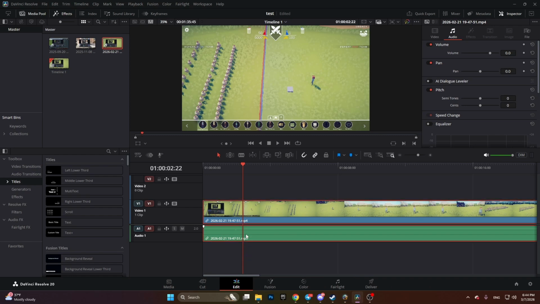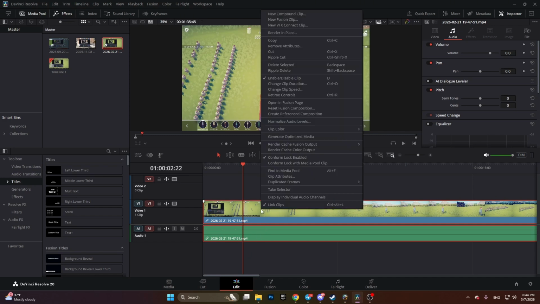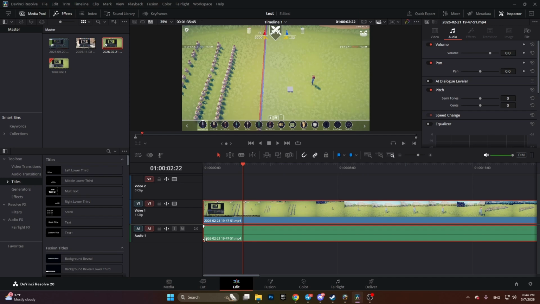So to separate audio from the video, all I have to do is to simply right click on the audio or the video, and here I have a little menu. So all I have to do is to simply turn off link clips. As you can see now, it is turned on, the little tick here. So I need to just click on it, and as you can see, the link icon disappeared, and it basically